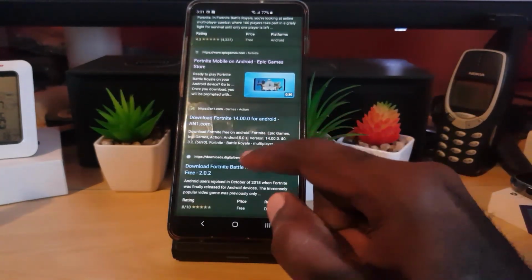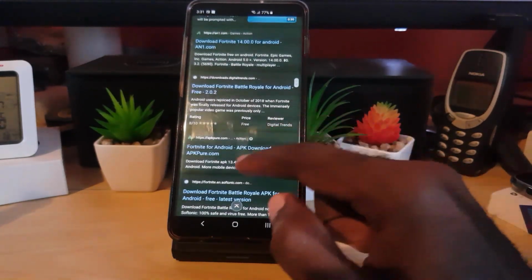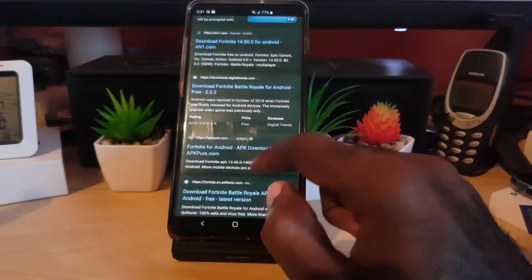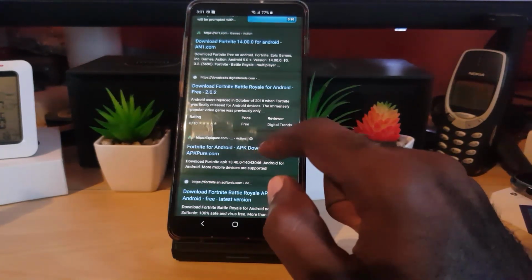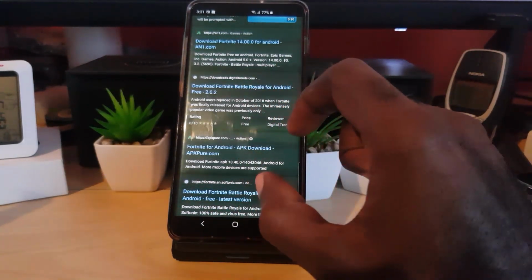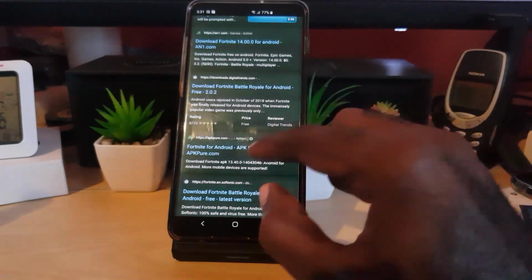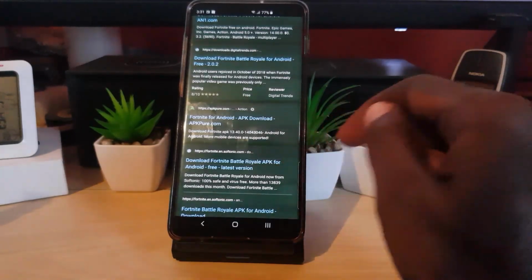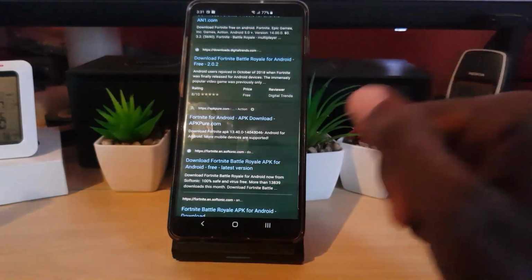Some people like to use some other sources. Notice all of these are other sources, like APK Pure. Of course, I can't vouch for any of these websites. I've seen people use APK Pure, for example, but one of the things is that you do not know what these links lead to. If there's a shady website, they might put something else in the installer, and of course that installer might affect your device, as there could be viruses and so on. So I don't recommend this method. That's the third and final method.